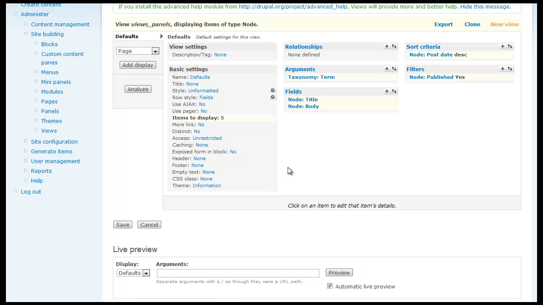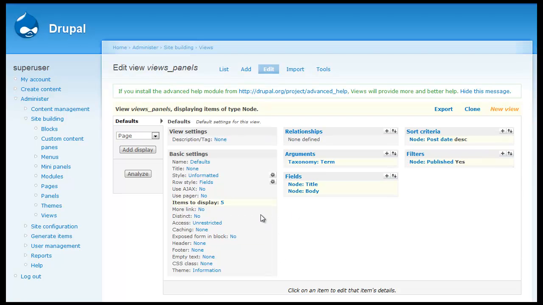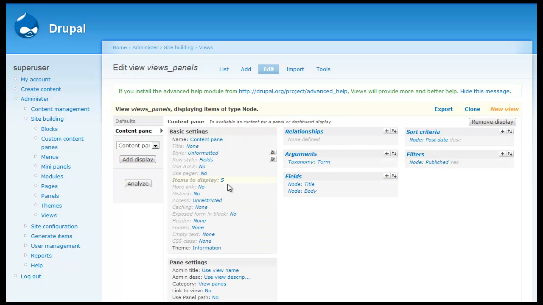And that'll be pretty good from the basic pieces that we want to add here. Now that we've got the basic pieces added in, what we'll want to do is go ahead and start specifying specific pieces of content panes that we're going to show on the actual panel. So we'll add a new display of a content pane,